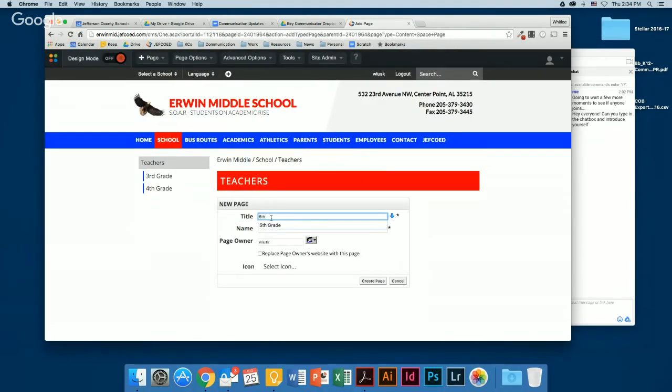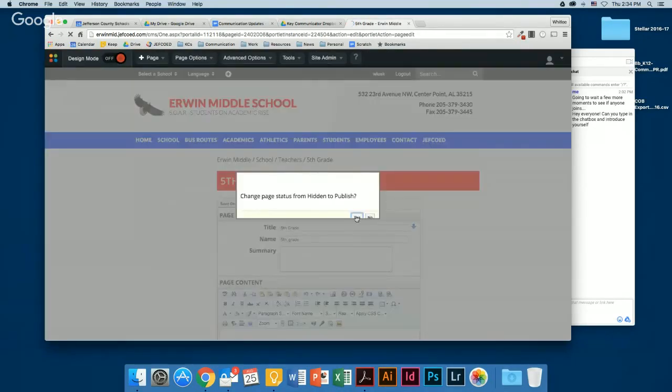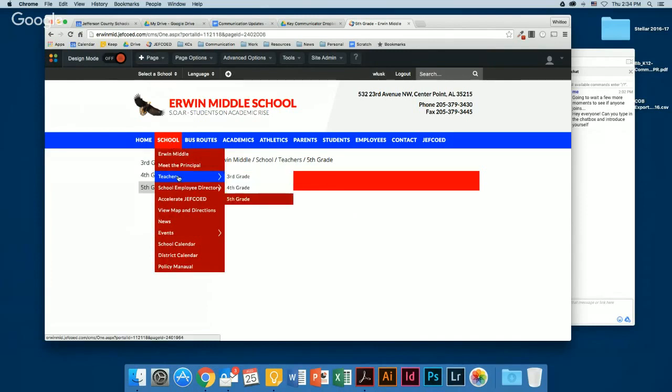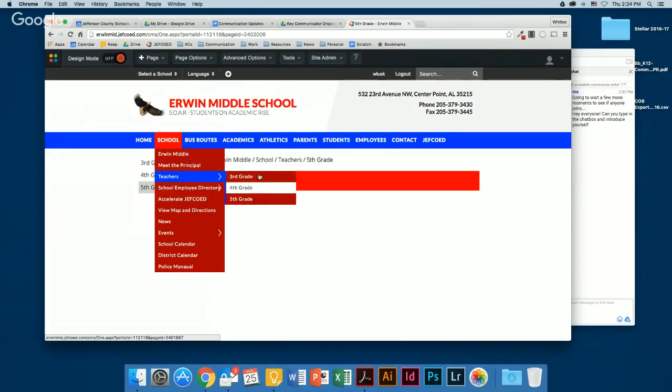And 5th grade. Publish, yes. Okay, so now I've got my basis to move all these people underneath one of these categories. If I want to go back and add categories, just go back and hit teachers and add something underneath it.